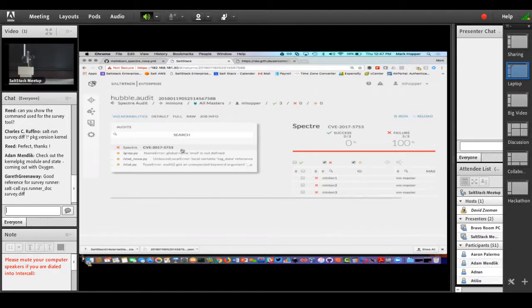So I can see the groupings of machines that failed my audit. These are vulnerable to Spectre, and you can see that now. What I can do is group these machines, and then the fix for this is difficult. I initially set out to hopefully create a state file that I could share with you and show you this, but right now things are in such flux with the various vendors pulling their patches, and then the various, particularly